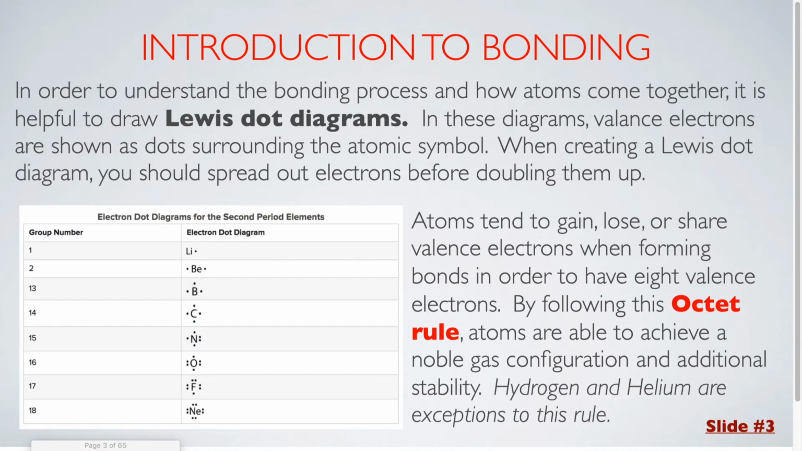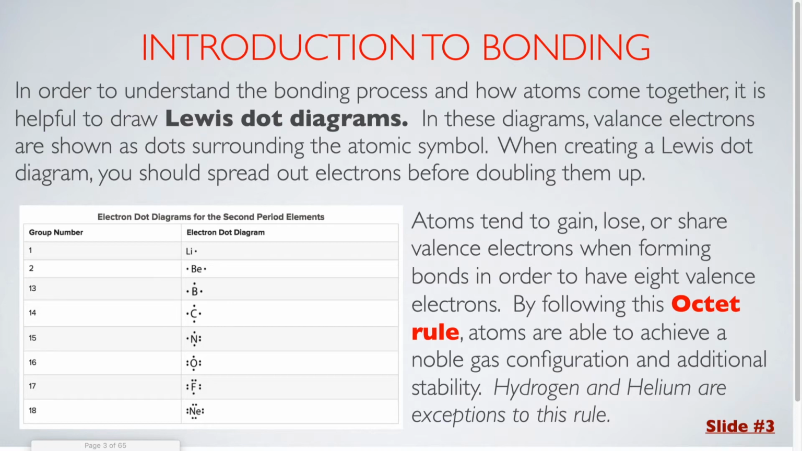Before we get into the specific types of bonds, we are going to learn how to draw Lewis dot diagrams. In these diagrams, valence electrons are shown as dots surrounding the atomic symbol. When creating a Lewis dot diagram, you should spread out your electrons before doubling them up. This will result in the maximum number of unpaired electrons, which will help when we eventually start to put these